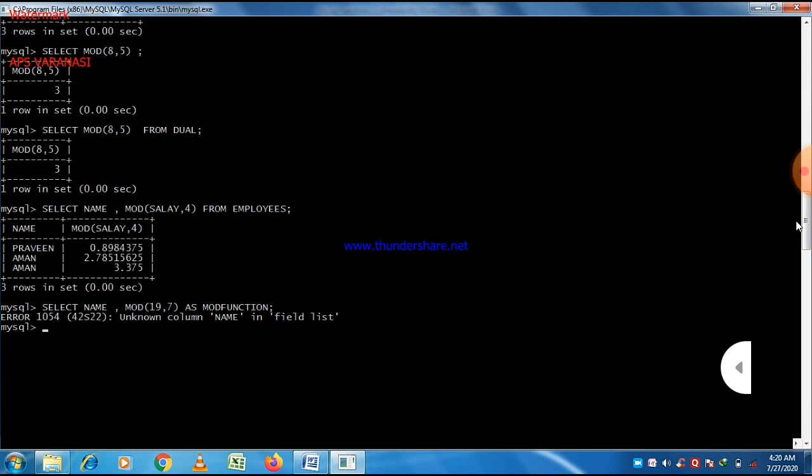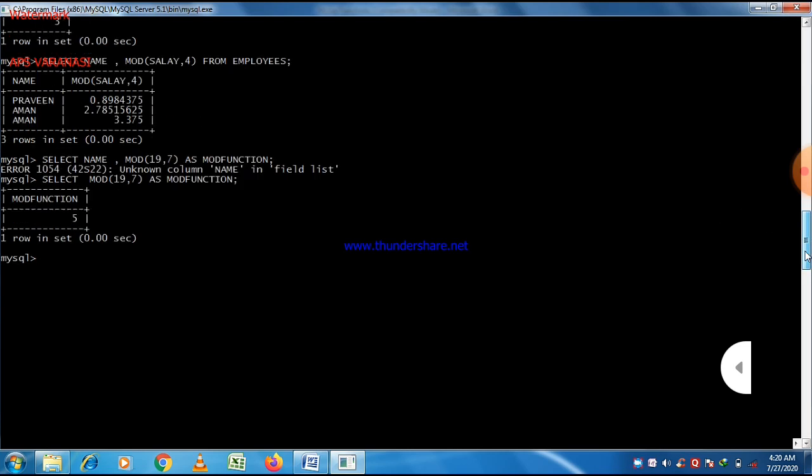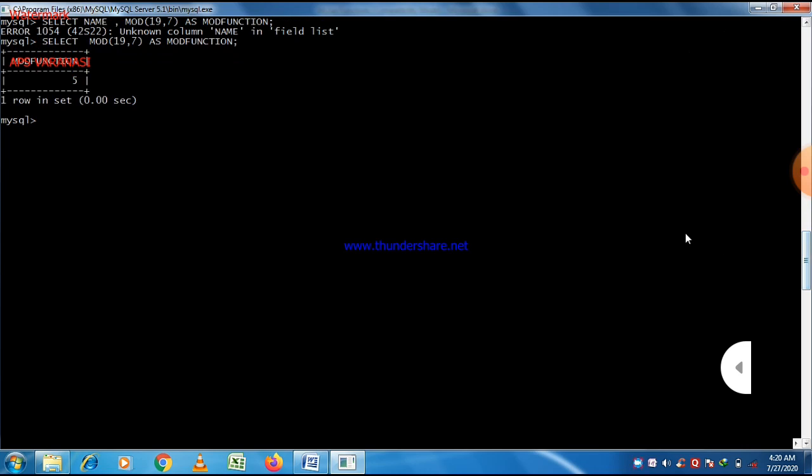Because name is not the default column name of table dual. So just remove it. So always use only a single column name when you use the default table dual. You can see here the column name is mod function, and the rest of the things are the same as the previous one.